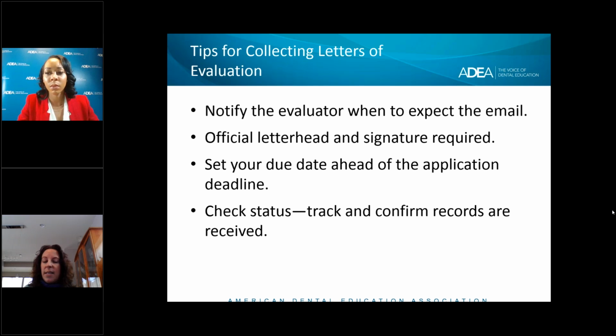And then lastly, this is the same for almost everything that you're doing. Make sure you check your status in your CAAPID portal of the letters being received, and touch base with your recommender if those have not been received. A lot of times we get calls from applicants asking if they've gotten the letters, and we actually won't have them before you see them tracked. So just make sure that anything that can be checked for tracking in the ADEA CAAPID portal, make sure you're doing the tracking yourself.